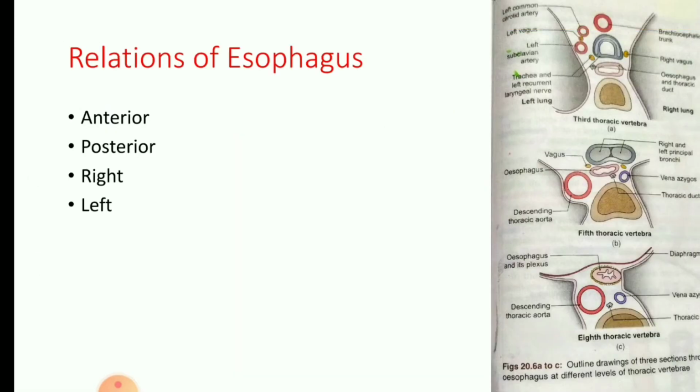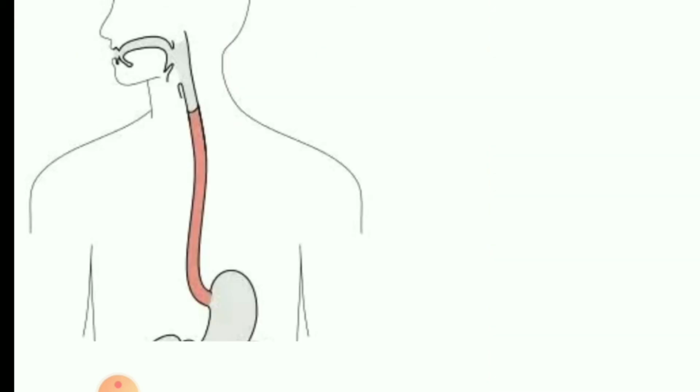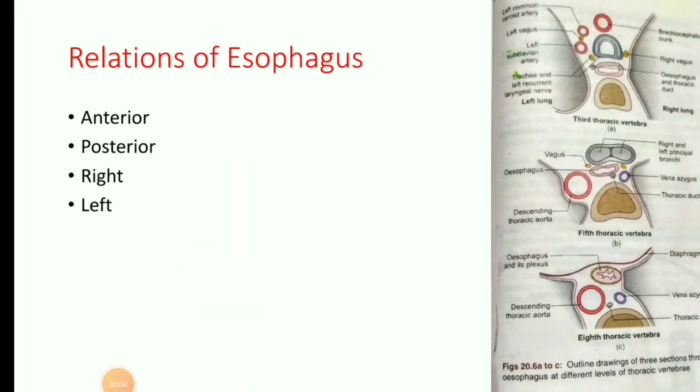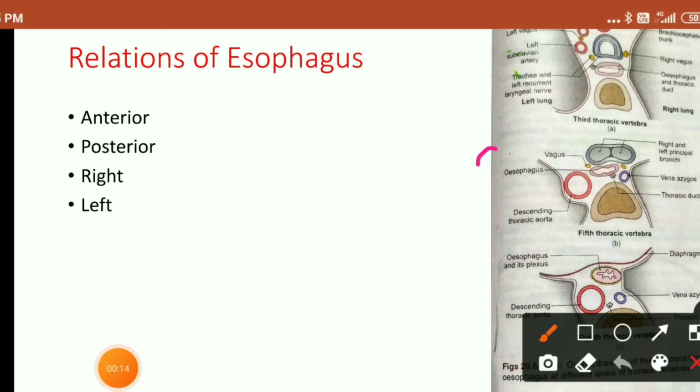Now let us go to the next topic. What are the relations of the esophagus? Okay, now we are first discussing the theory part, and then we will go to the three-dimensional diagram, and we will brush up our concept with the help of making the structures in this blank diagram. Now we know that the esophagus is basically divided into three divisions: cervical, thoracic and abdominal, but we are mainly focusing on the thoracic part here and a little bit on the cervical part. Okay, so without further ado, let us start.